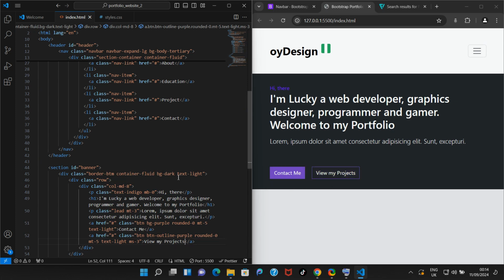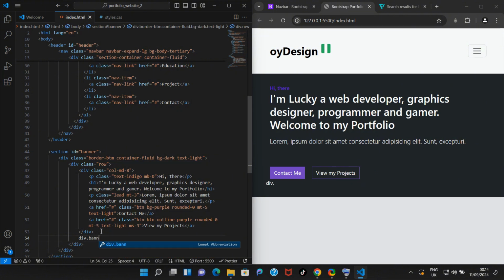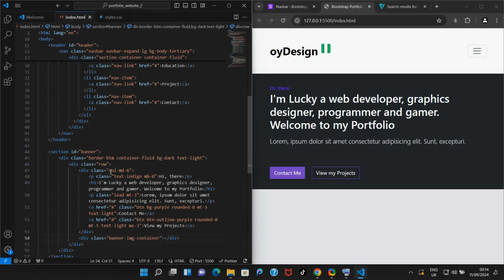So one last thing to do, we should actually add an image, which is my image. I'm just going to be putting it here. So I'm just going to come here and say div.banner-img-container. So that's for the image. So I'm just giving it a class. Remember, we give this one col-md-8. So 12 minus 8 is 4. So let's say